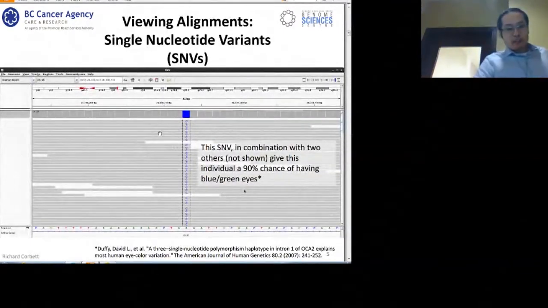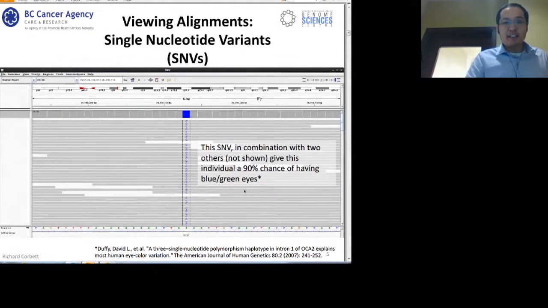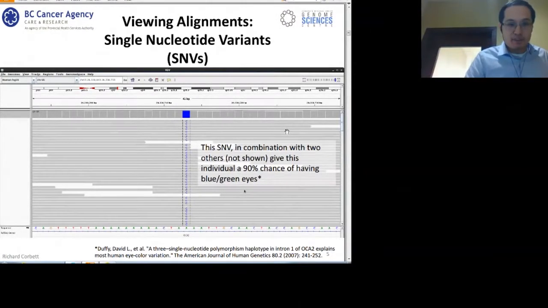Here's an example of some real life alignments. This particular tool is called IGV and lets you visualize your alignments. So right now we're in a region on chromosome 15, and along the bottom here you see the different bases that make up the reference genome. And you can see that we're actually in an intronic region of this particular gene called OCA2. And in this part of the diagram, we have the reads that make up the BAM. And you see that